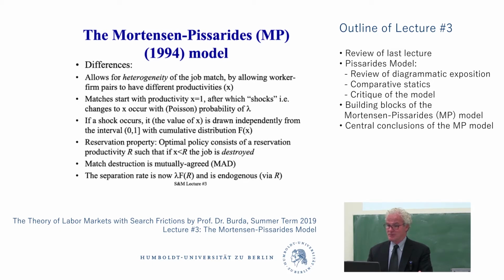That's the Mortensen-Pissarides model. This is the way I'm going to teach you what a reservation property is. Reservation property of a model means that I behave optimally when I choose a minimum acceptable value of productivity in this match, and if I have the Poisson draw and x is below that critical value, then we dissolve. It's a mutually agreed separation. So you and your partners say, it was nice knowing you, but I think we've reached rock bottom now. We're going to separate and go back into the market.